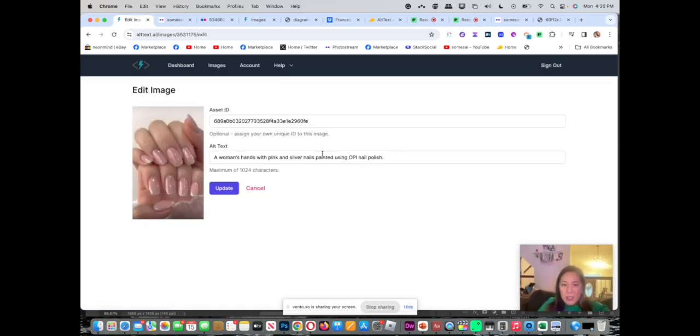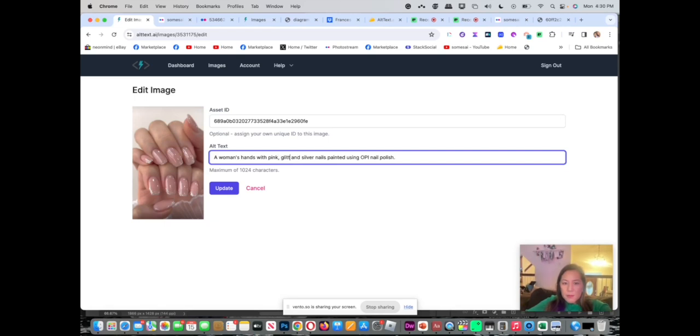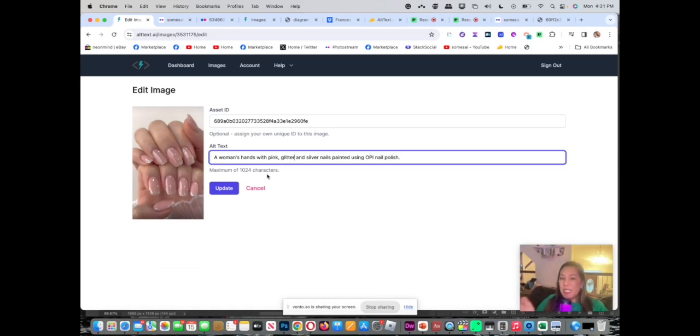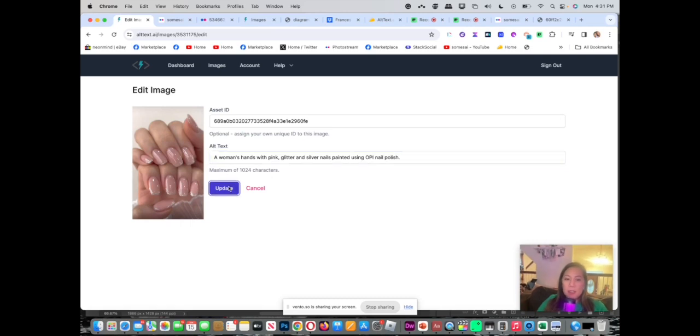I could say glitter, comma, and then it tells you have a maximum character. And you want to be mindful when you're creating alt text. You're trying to be user friendly, so you don't want to make it a very long description. When you get into a long description, that's something else. You would use a D link, which D links are more used for if you have a map or detailed graph. But for alt text, you want to keep it user friendly. So I'm going to hit update,